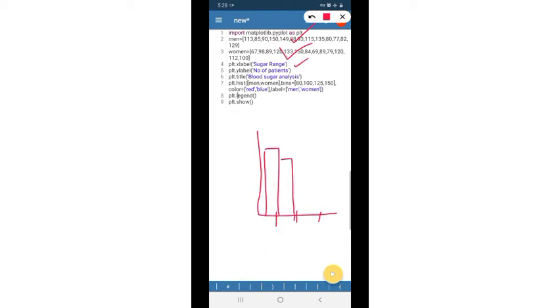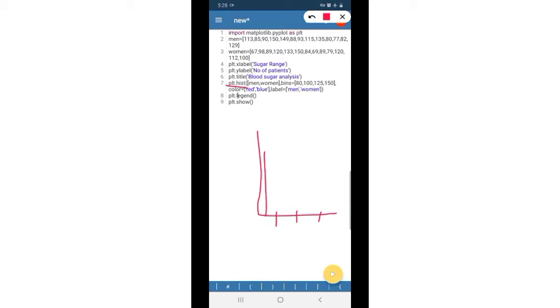Now xlabel represents the label for the x-axis, ylabel gives the label for the y-axis, and there is a title for the graph, given on the top of the graph, that is blood sugar analysis, and it is given as plt.title. Now we have the function to plot a histogram, it is plt.hist. So the hist function can be used to plot a histogram.